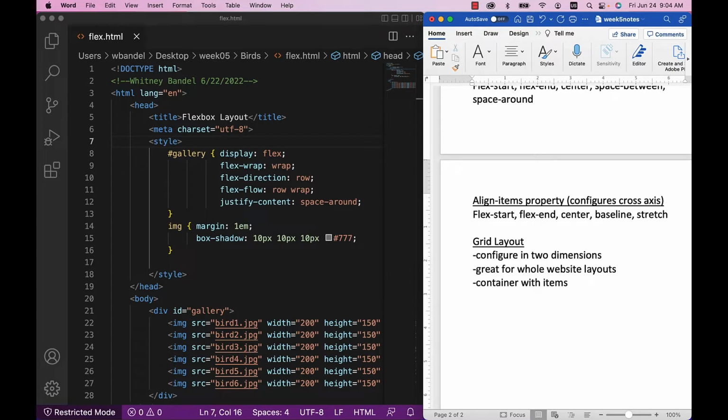Now, if you were using this for your whole website, chances are your grid container would be your wrapper, and then all of the different items inside of it would be like your header, your nav. If you have a hero image that is outside of your content, like we have in our assignment, your main, your footer, all of those would be your items that would be inside of it. In a similar way to the Flexbox, this also has recently reached W3C